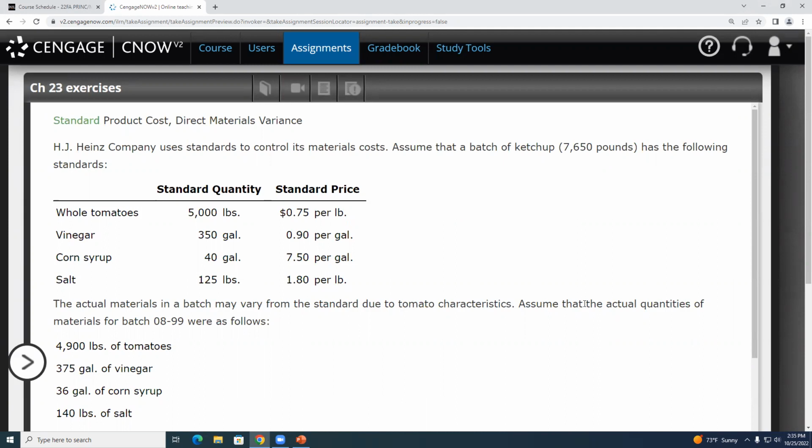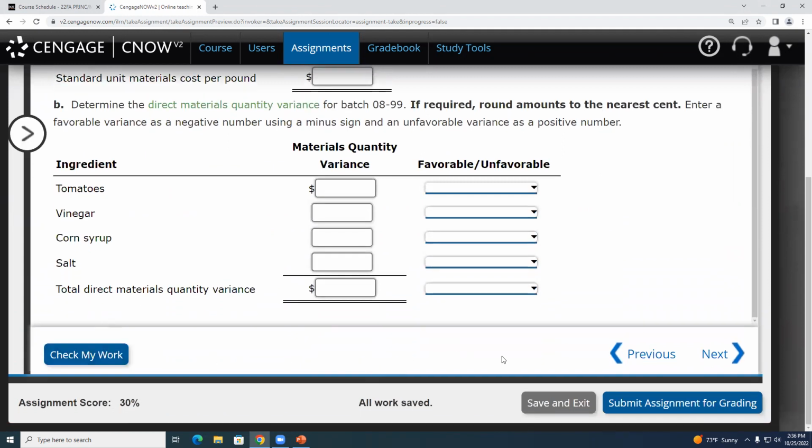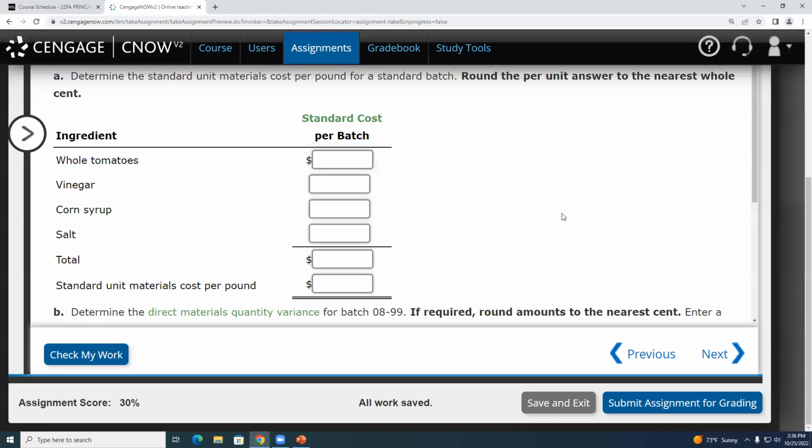And so what I would like to ask you to do is to try this on your own. I'm going to pause the recording and ask you to try this on your own. Once you have your answers, certainly you can use the check my work button. If you don't have them correct, try again. Once you've done the best you can, whether you have all the answers or not, go ahead and restart the recording,